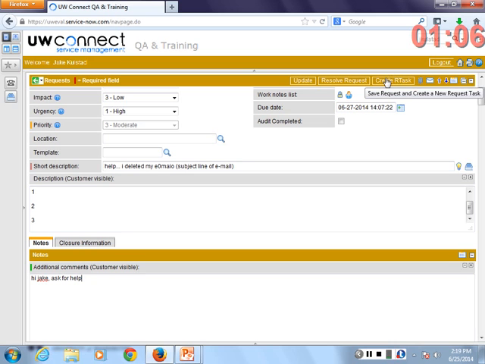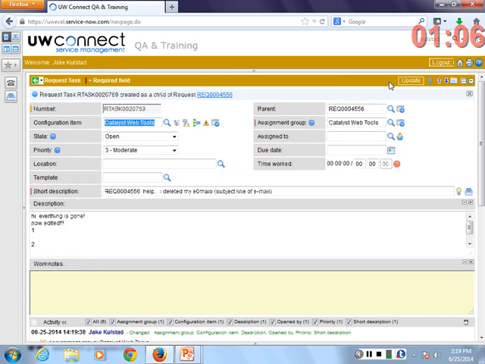That makes sense? Again, all these buttons in the top right, they save the record, and if you have additional comments down here, it will email them out. That makes sense? So if you type something here and click Create R Task, we assume you know what you're doing and wanted to email the customer. Everyone able to create that R task? Good.